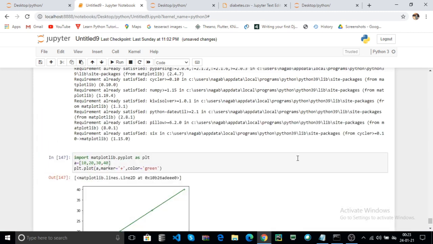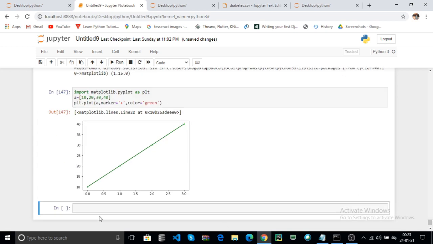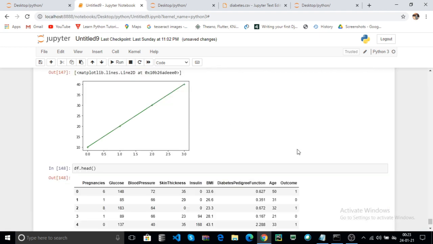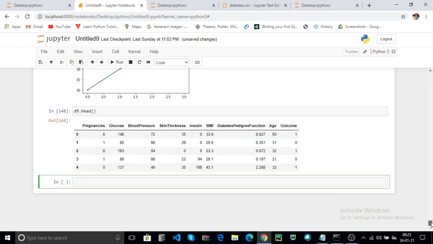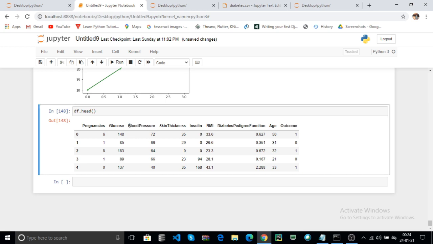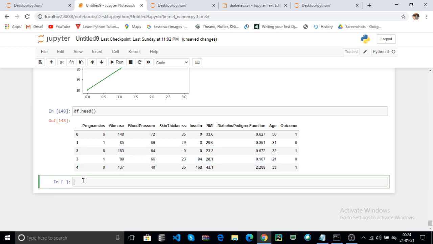Next we discuss how to use the column names and visualize your data set. For example, df.head. Click on run. Here, for example, BP. Before going to the visualization, I change the name blood pressure to BP. How?